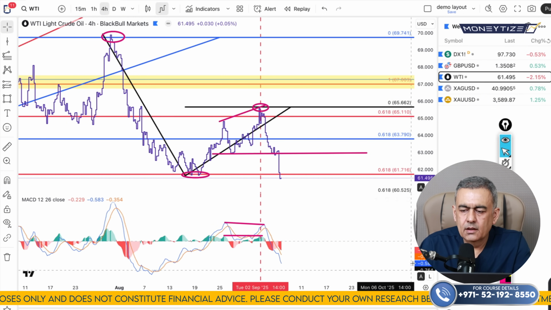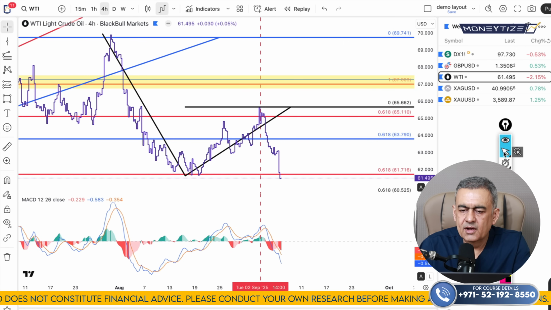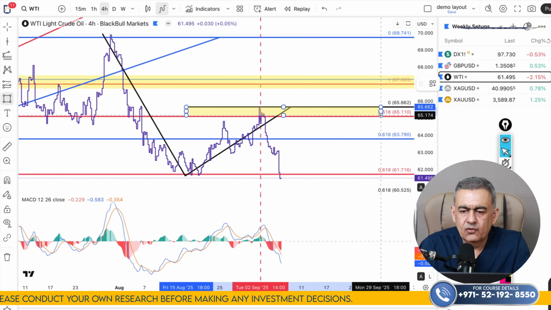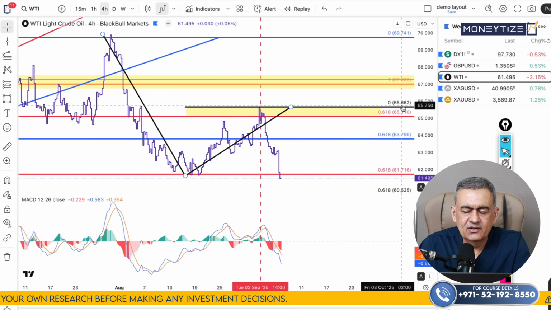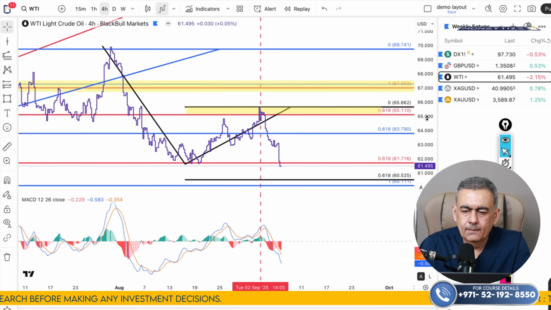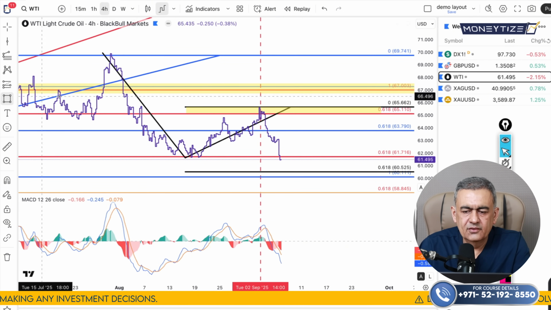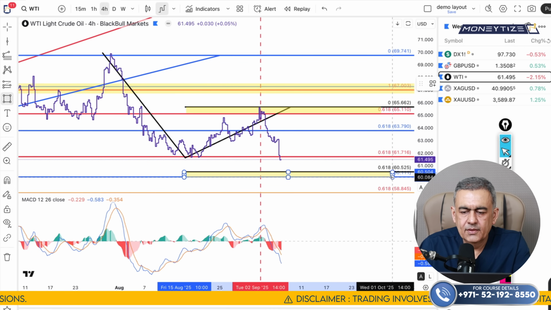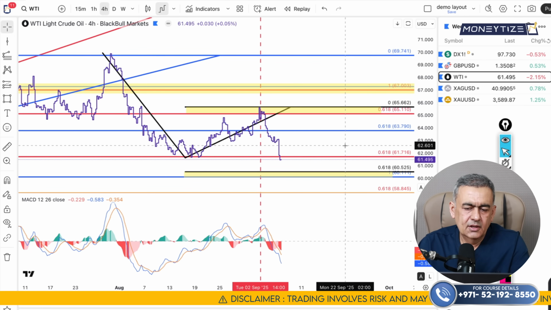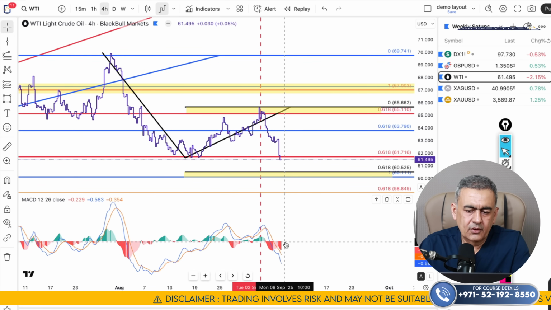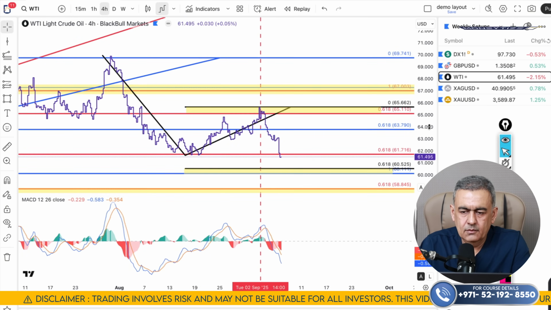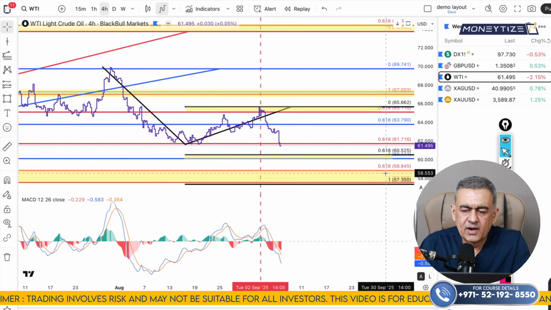So starting from the vertical line, I can see the pressure is extremely bearish and the closest resistance, double fib line resistance, is from 65.11 to 65.66, and the closest target is 60.52 to 60.11. So I'm expecting continuation in the bearish direction. MACD histogram is also extremely bearish here, and the first target would be $60 mark, a psychological number, followed by